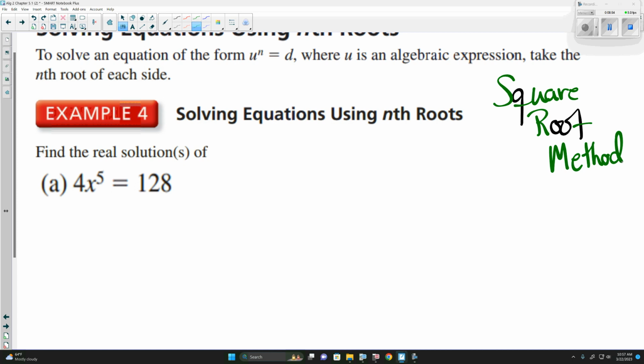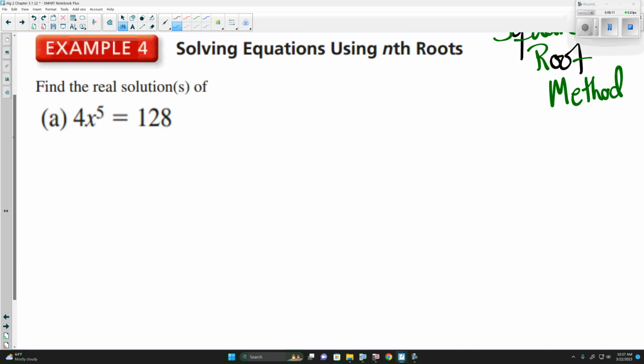The square root method. Because we did this last semester, we've done this with quadratics. If we don't have a middle term, we can get that middle term or the set of parentheses by itself and then take the square root of both sides and solve from there. Here, we're not going to take the square root of both sides. Now, since this first equation we're solving,